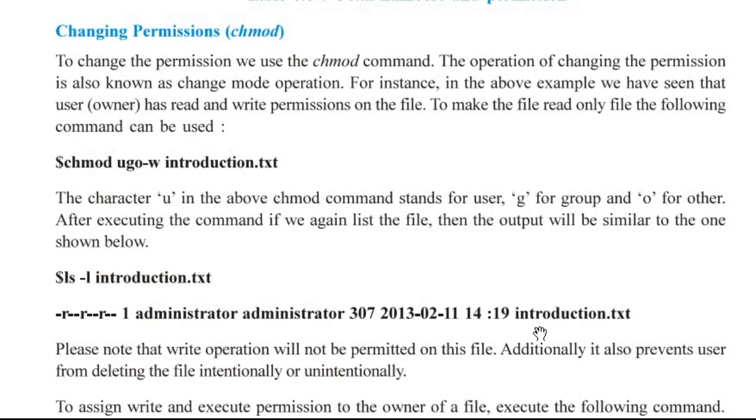So to make it read only, you have to do it this way: chmod, the name of the command, ugo-w, and then the name of the file. Here the name of the file is introduction.txt. Now here the character U in the above chmod command stands for user, G for group, and O for others. After executing the command, if we again list the file, then the output will be similar to the one which is shown here: